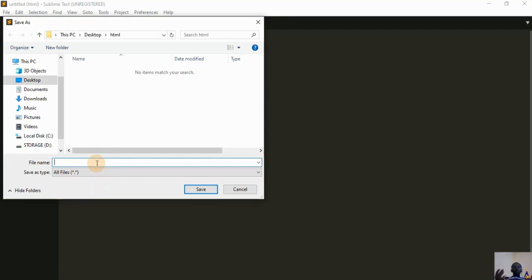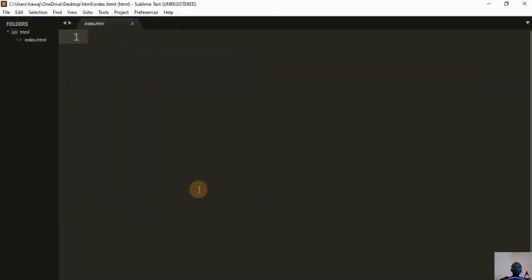So whether you have other files such as about, contact or download etc., the browser won't detect those files. It will detect an index file. So for the first time I'll write index.html, then click save. Now that we have written our first HTML file, which is an index.html,